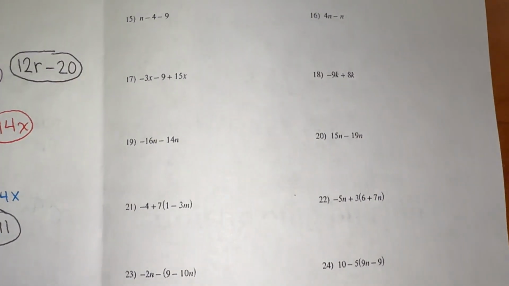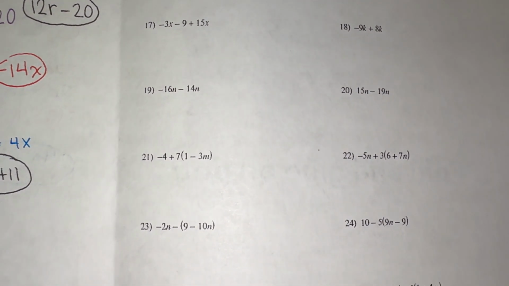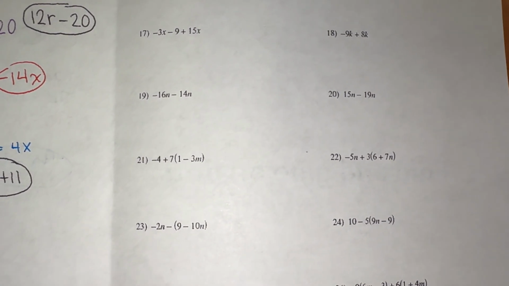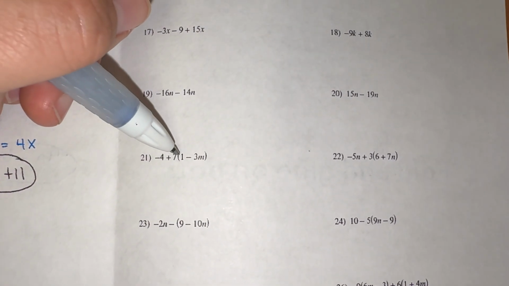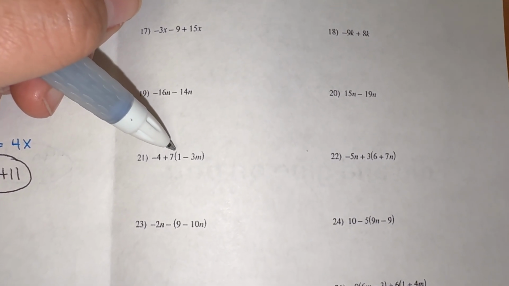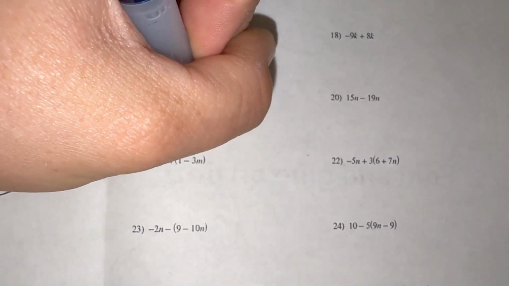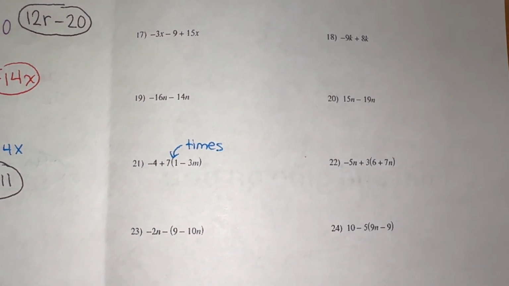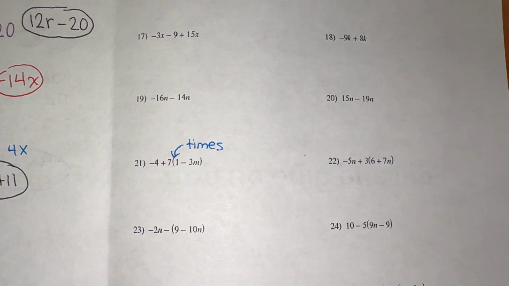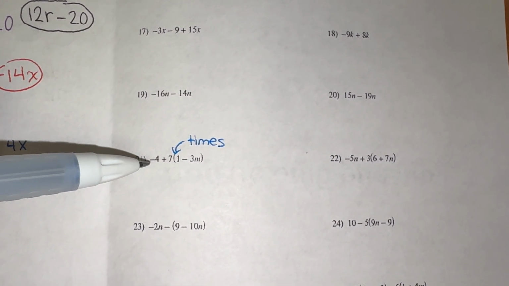So on page 3, I want you to look at question number 21. Do you see question 21? All right, so question 21, we have negative 4 plus 7 times, remember, a number next to parenthesis means times, 1 minus 3m. Okay, so what we actually have to do before we can combine like terms here is we